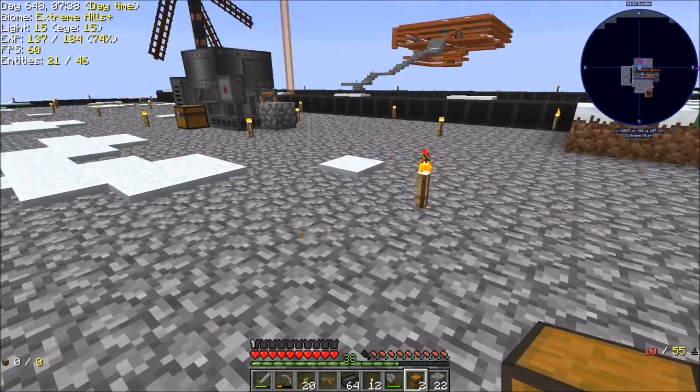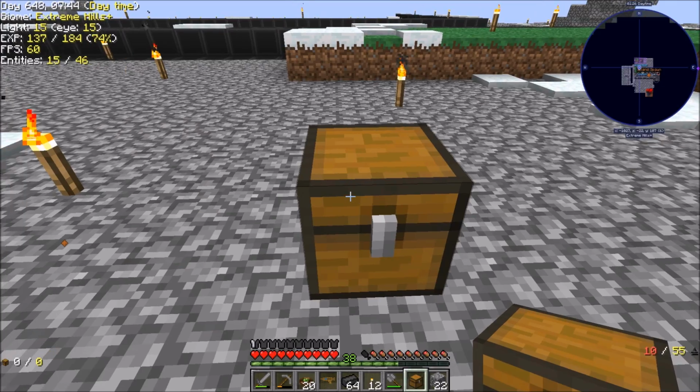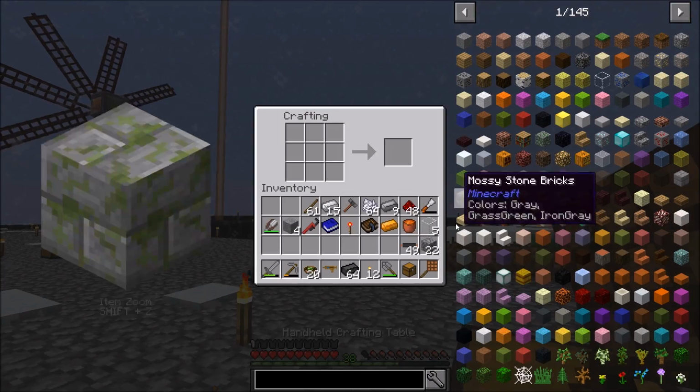Okay, so we're just going to do a very small smeltery to get started with. And so I'm going to start with a chest. And then let me go ahead and get...